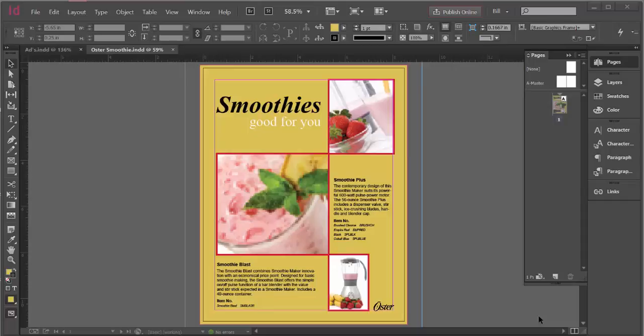Okay, so this short video is a demonstration of how to prepare your files for submission. This week we have an assessment and an assignment. The assignment is to create this smoothie flyer. And this is done, and this is what it's going to ultimately look like. What I want to do is walk through the steps required to save this assignment properly for